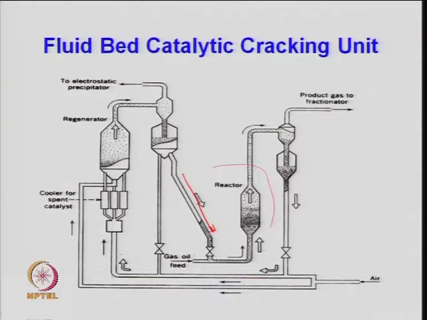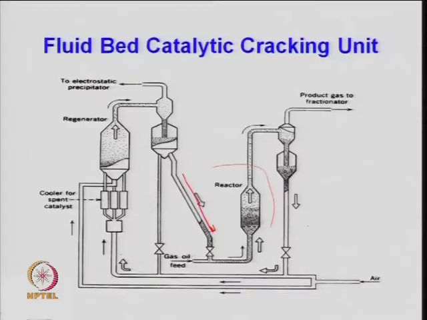You have the dense bed and dilute phase. The product forms, the vapors form, and the vapors are taken to a fractionator for distillation, but the catalyst is separated here by using a cyclone separator and then taken back into this unit, where air is used for oxidation, because regeneration of the catalyst is done by burning the spent catalyst in the presence of air at around 550 degrees centigrade for 5 hours. Here roughly the carbon reacts with oxygen and converts into carbon monoxide and carbon dioxide.